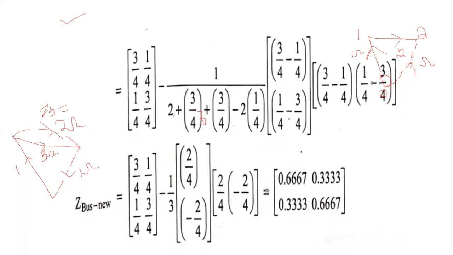First of all, we understand this problem and note down the formulas. Then we can easily substitute the values in those formulas and find the Z bus matrix for each and every step. In this problem, the important consideration is which type of modification is there when we are adding the element between the nodes. That is one of the important considerations.